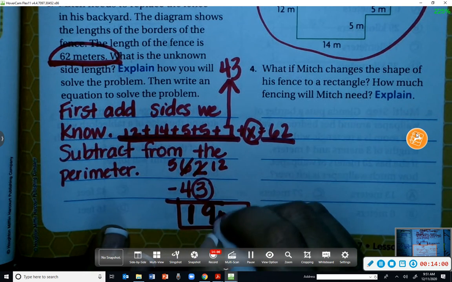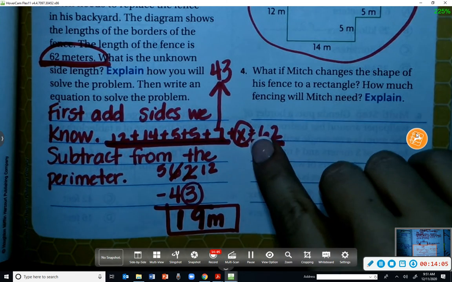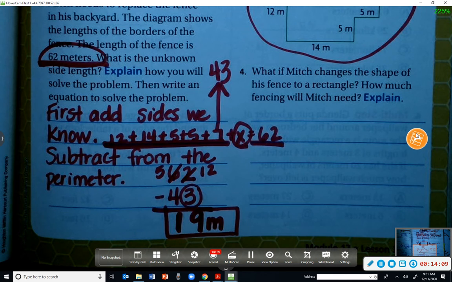What would that equal? 62. Yeah, so if we put 19 into our equation for x, it should add up to 62. So, you punch the x and